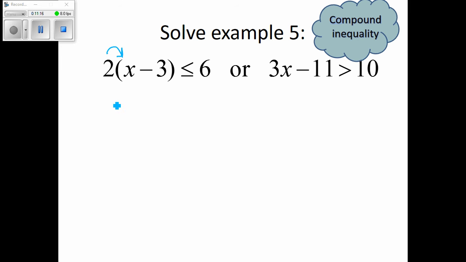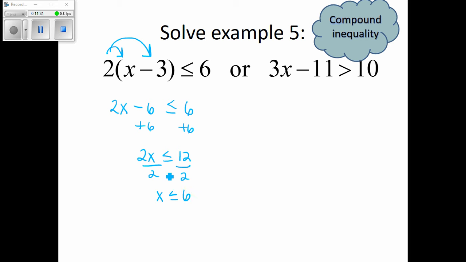So 2 times x would be 2x. 2 times negative 3 would be negative 6, which is less than or equal to 6. Add 6 to both sides. 2x is less than or equal to 12. Divide by 2. x is less than or equal to 6. Again, we didn't divide by a negative, so we don't flip that inequality sign. So the answer is either x is less than or equal to 6,